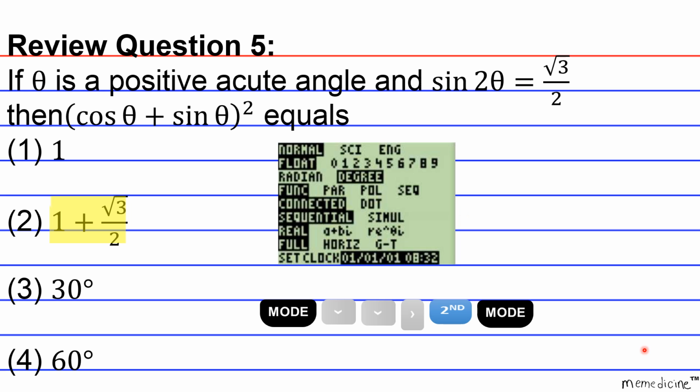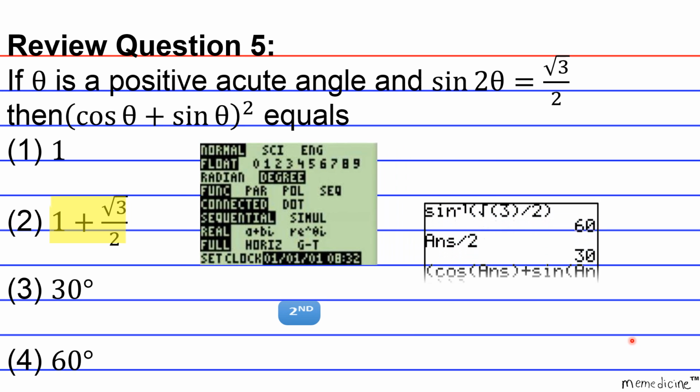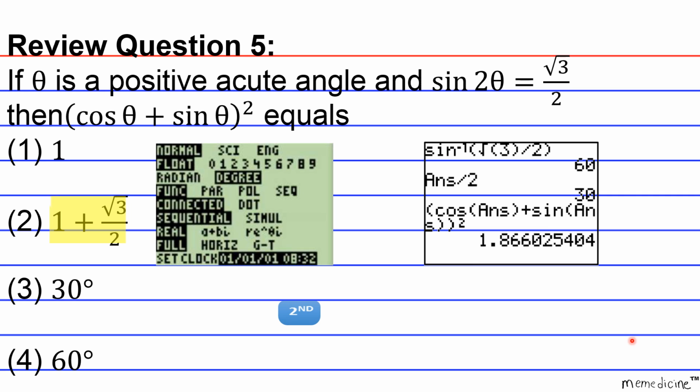Alright, so hopefully you're following. This is really not that bad. There's just a lot of steps. But after you do this over and over and over again, it becomes really easy. It becomes second nature. The next thing we're going to do now is input the inverse sine